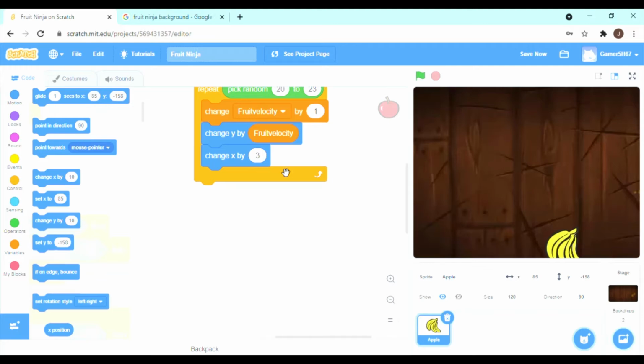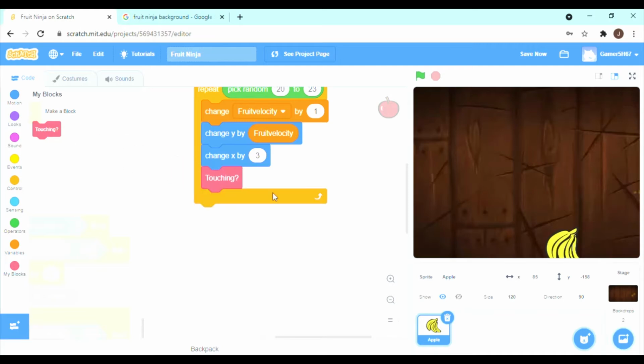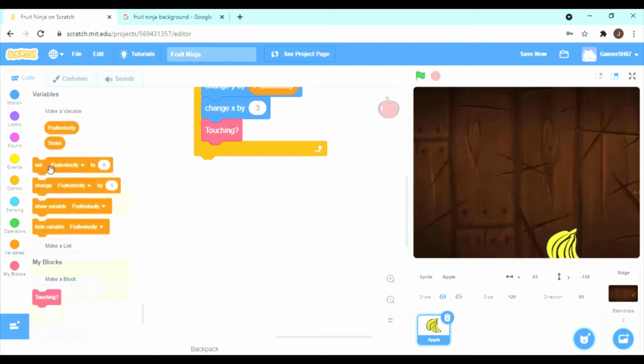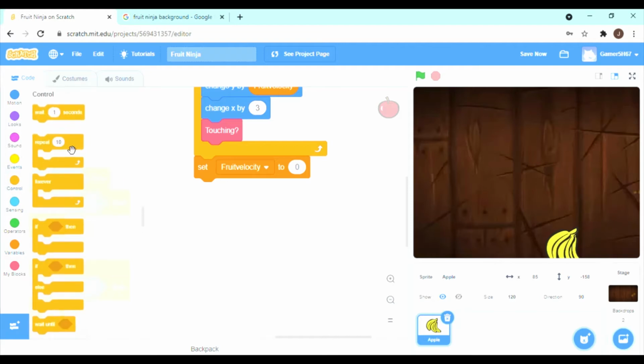by 3. And then once you've changed x by 3, you'll go to my blocks and say touching. And then once you've done that, you'll say set fruit velocity to 0. And then once you have done that, you'll get a repeat block. Let's say like 23 again. And then say